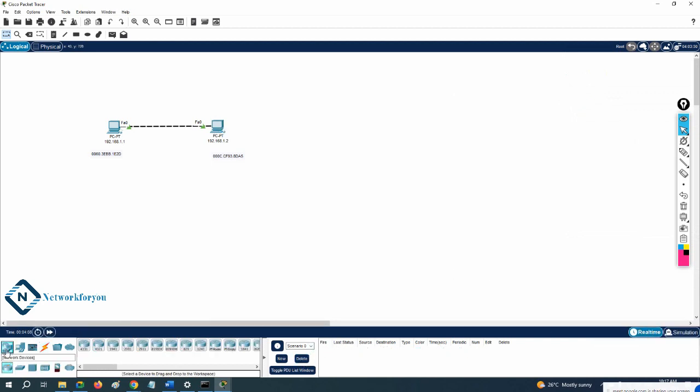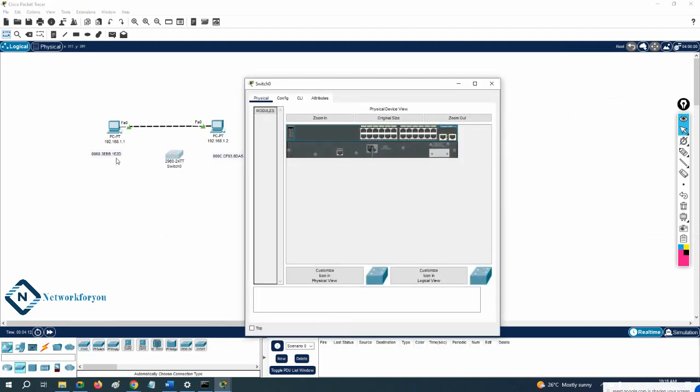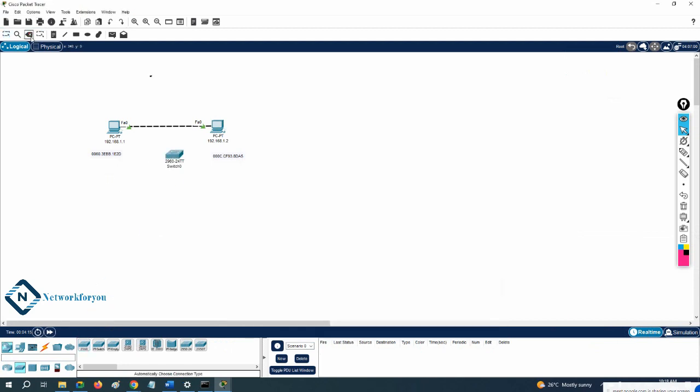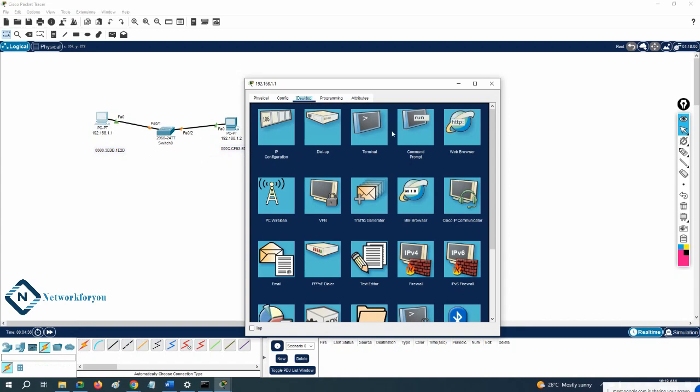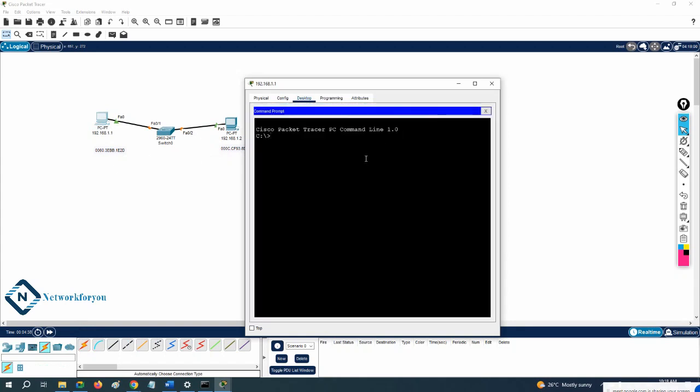What we will do here: first I will take one switch and drag and drop it here, and now let me cancel this one cable and connect with the switch. How can I connect? Just click here, take this automatic cable, connect from this to this, and then from here to here. Now I have two computers. You can take more than two also, no issue. And this computer already has the information. If you go here and write arp -a,